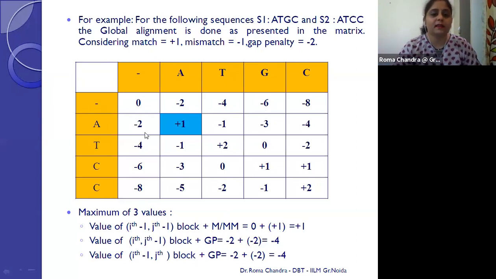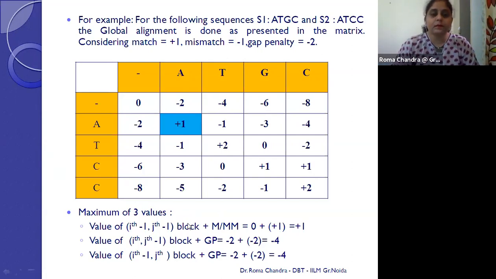And in the same manner, while moving from top to bottom in the column, I need to put my gap penalty values and keep on adding for every block particularly. So this is the concept of initialization when we are considering the global type of alignment, particularly Needleman Wunsch. And when I am talking about the local type of alignment, then both the first row and the first column will be filled by the value 0.